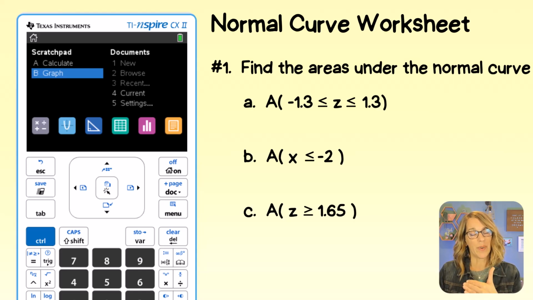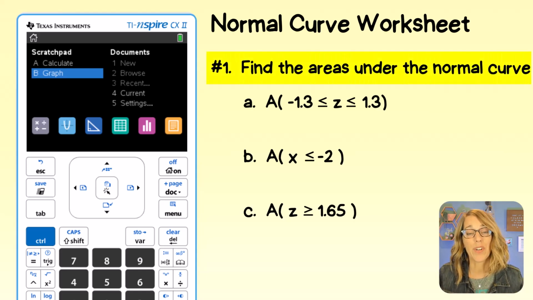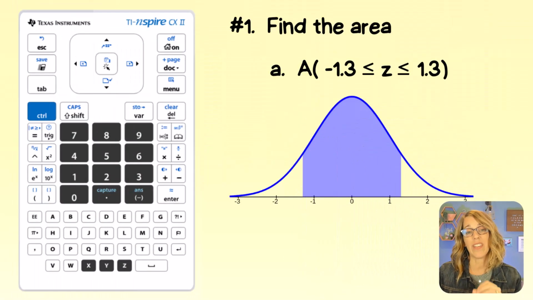Starting with this example, we're going to find areas under that normal curve using these z-scores that are given. Now I want you to stick around because we're also going to look for z-scores given areas, and then I've got an application where you have a mean and a standard deviation to work with. We want to find the area under the normal curve, or the probability that the z-score is between -1.3 and